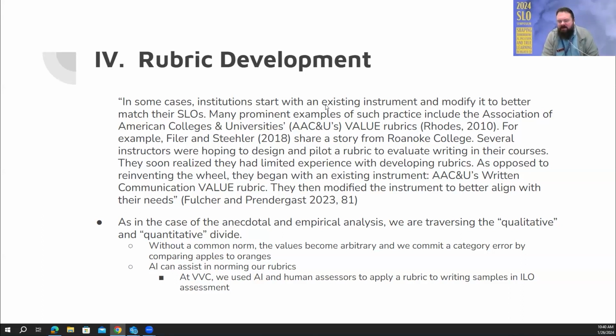But again, it's all nascent, sort of beginning stages. But one thing that AI could help us with is helping us to develop the rubric itself. And again, one thing we're working on at our institution is making sure that we do have common rubrics across our different courses with different faculty members. And this is, again, that attempt to bridge the quantitative and qualitative divide.